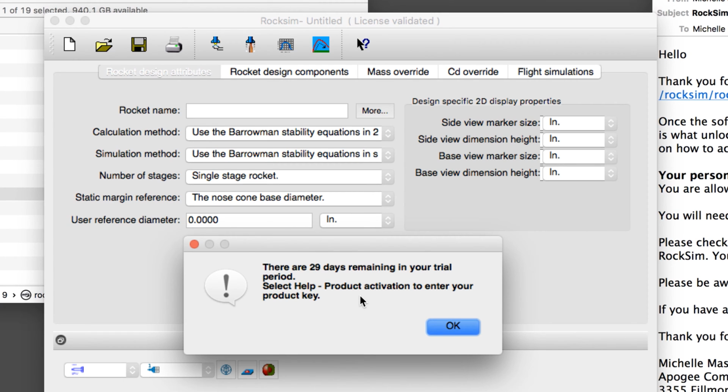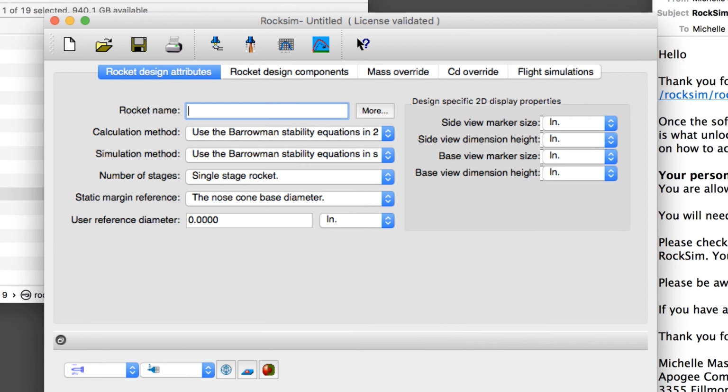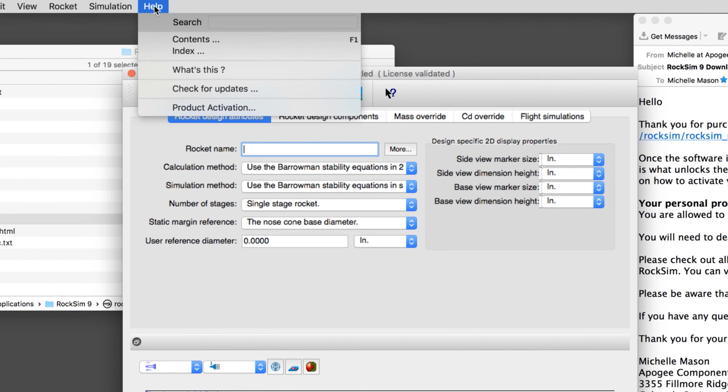This window will pop up, and it'll tell you, in case you forget, select Help, Product Activation, enter your product key if you don't remember, while you're in demo mode. Once you've maxed out your 30 days or your 30 uses, it will no longer let you use the program. It will bring you straight to the activation screen. So you can go to Help, Product Activation,